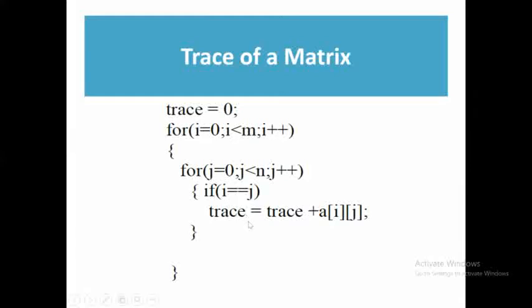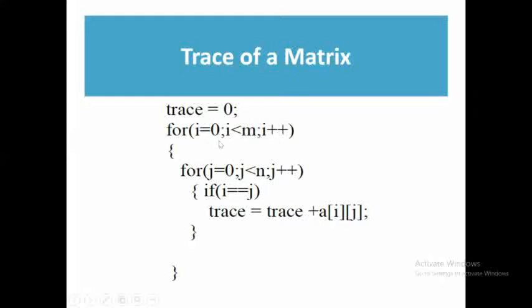Now this statement won't execute. J value is incremented by 1 again. Previously j value is 1, now after incrementing j value is equal to 2. 2 less than 2, condition is false. Now it goes to the first for loop. I is incremented by 1, 1 less than what? 2, condition is true. Now again it is starting from j is equal to 0, 0 less than n value. N value is what now here? 2. 0 less than 2, condition is true.